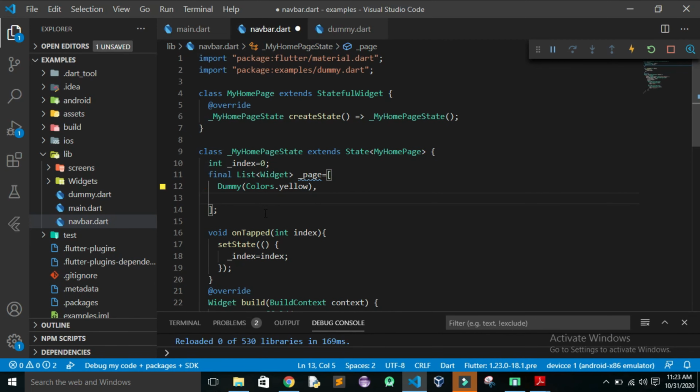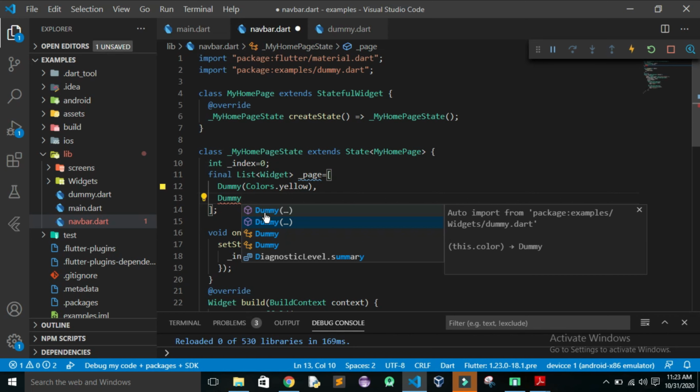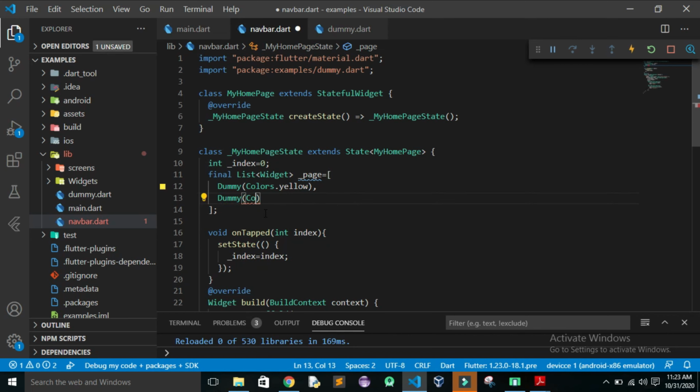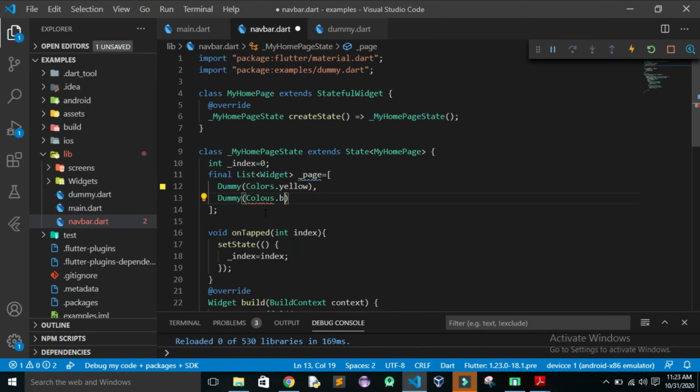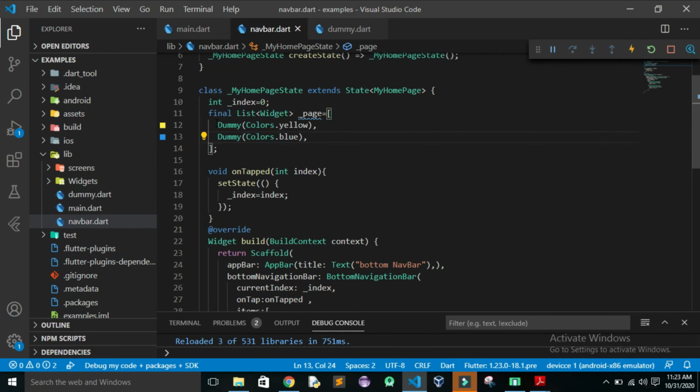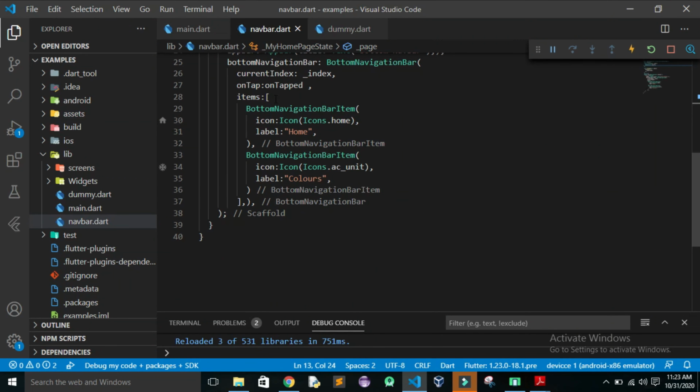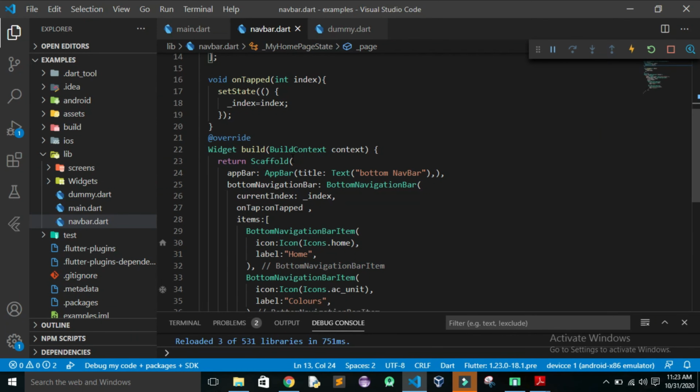So I'll use it as dummy, and it takes the value of colors, and I'll use one as colors dot yellow, and then one more since we have two icons. So here let me use colors dot blue, or pink, maybe let me use blue. Okay, so now we can save it, and since we have completed what we should show when the items are clicked, now we need to have a widget for body, and we haven't assigned anything here.